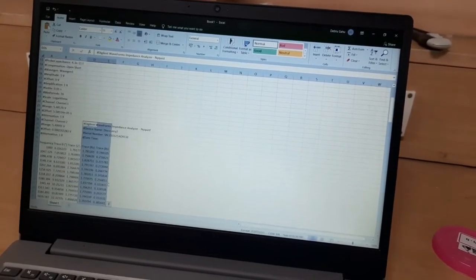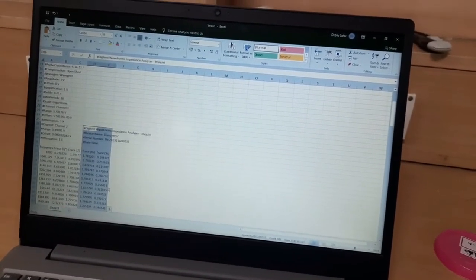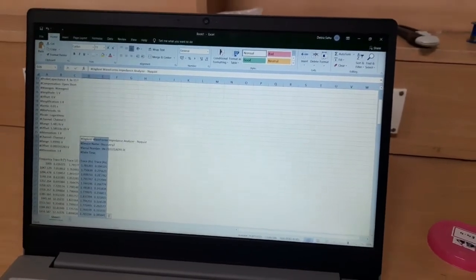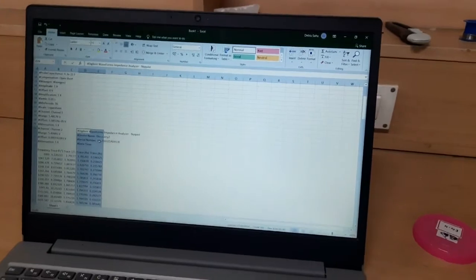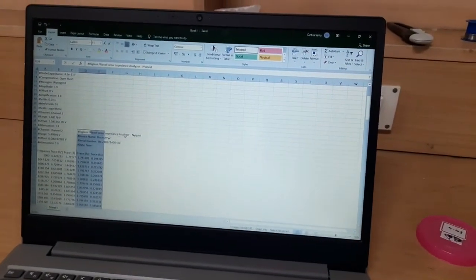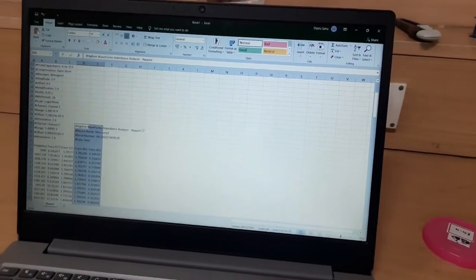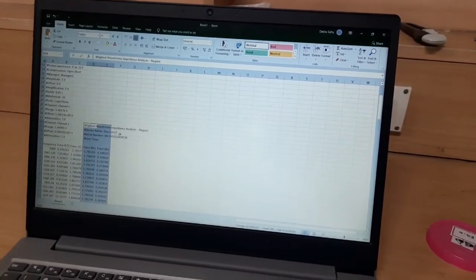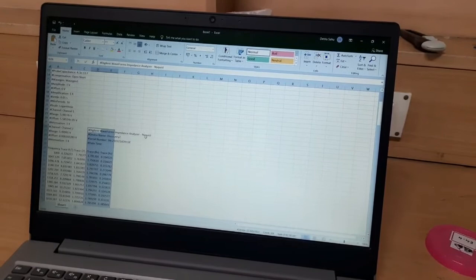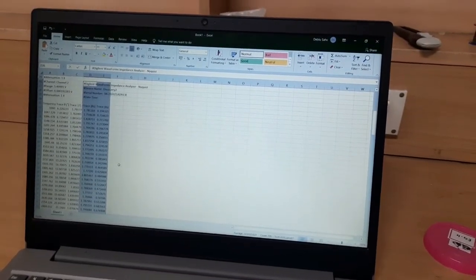In this way we can perform the impedance analysis of a sample. Here it is giving the impedance and Nyquist plot data, and it is also mentioned that this is the impedance analyzer and Nyquist, so you can easily identify which one is the impedance and which one is the Nyquist one.